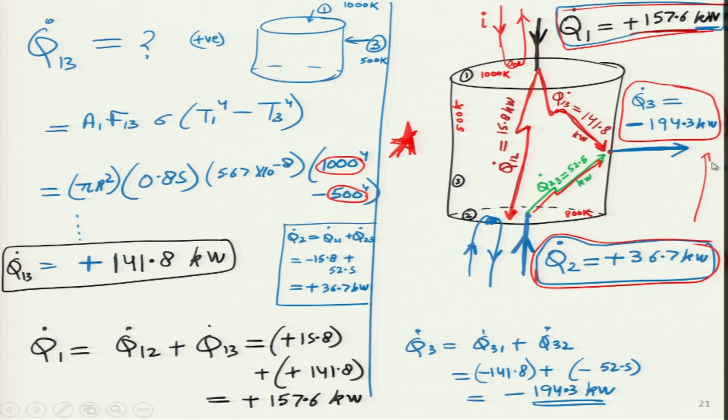So energy is also conserved. Whatever energy we are giving from the top heater, let us say 200 watt, and from the bottom heater we are giving 100 watt, so 200 and 100 together, all from the side surface, that is the furnace, it has to dissipate 300 watts. So that energy is also conserved. I think with that we have looked at a very good example of heat transfer in black surfaces, not just two surfaces, but three surfaces also, and all the view factors that we studied in the last lecture, today we have made very good use of them as well.